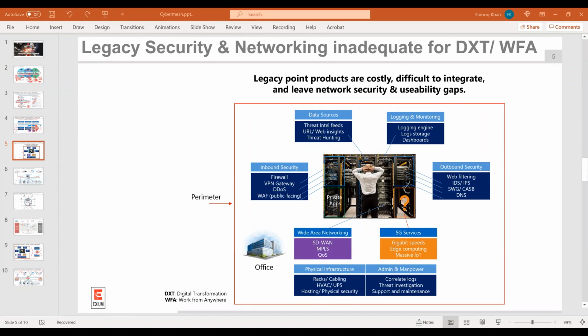Now that you have learned about cyber mesh, let's get into why we need it. To answer that question, let's first look at how network and security is done in the enterprise today. The current security and networking